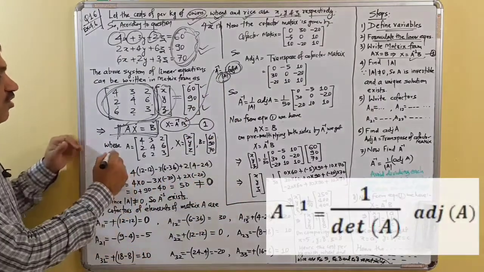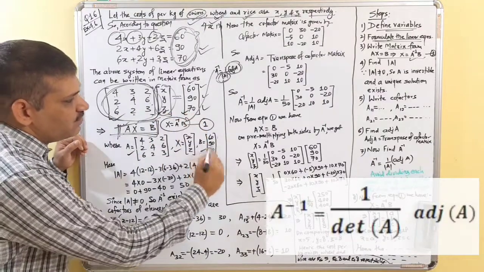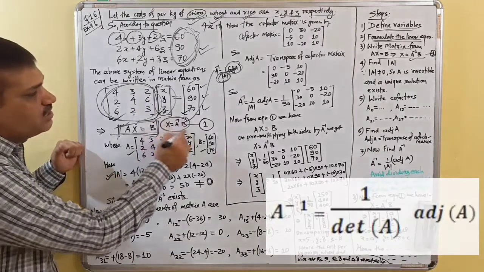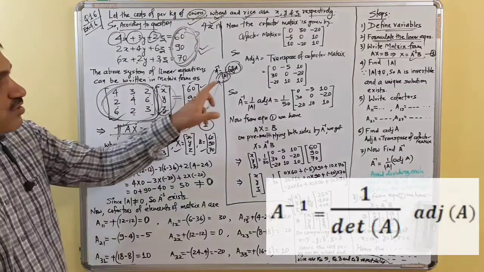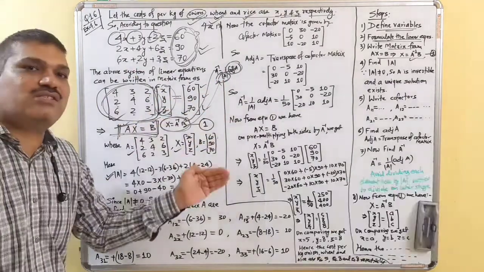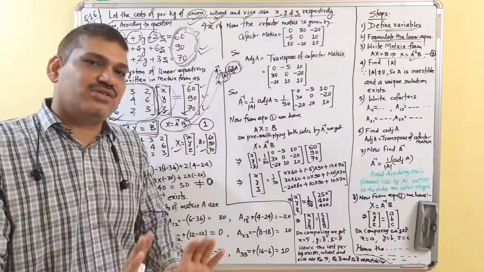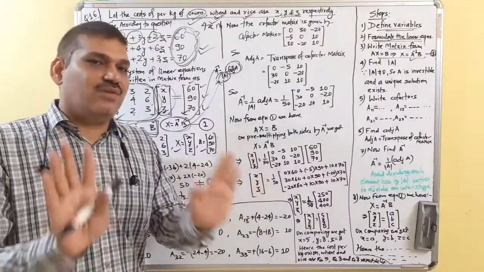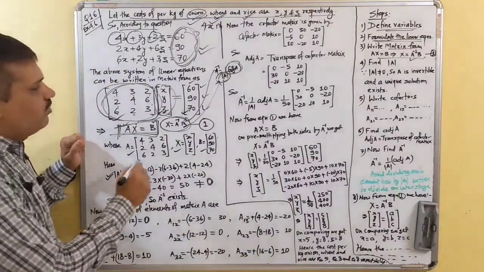So first of all, now we have taken this as A, this we have defined as X and this we have defined as B. Now we find the value of determinant A, because X is equal to A inverse B, and A inverse is 1 upon determinant A times adjoint A. So we find determinant A so that we can find whether the system is consistent or not. And in each and every case where we are to find the solutions, determinant A will always be non-zero. That is, the system will be consistent. Then only we can find the solution. So here we find the value of determinant A.